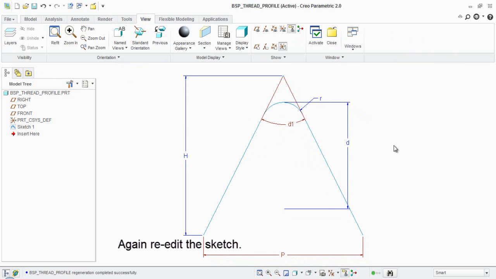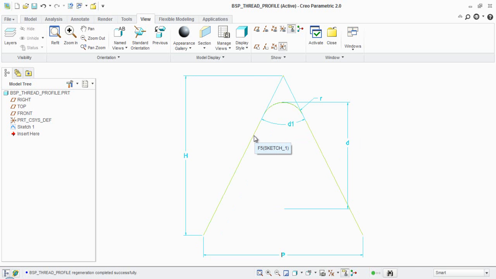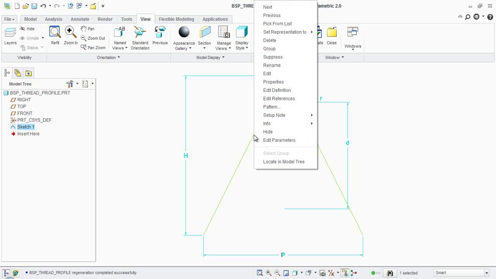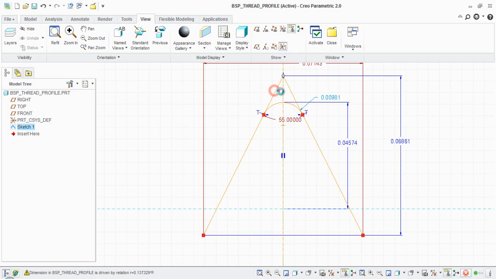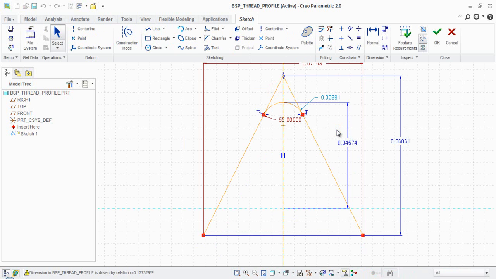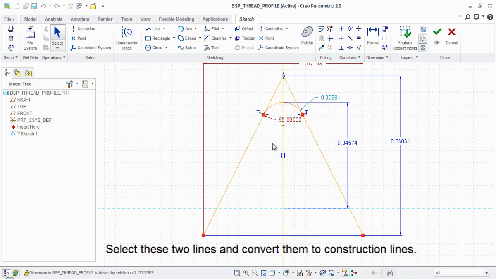Again re-edit the sketch. Select these two lines and convert them to construction lines.